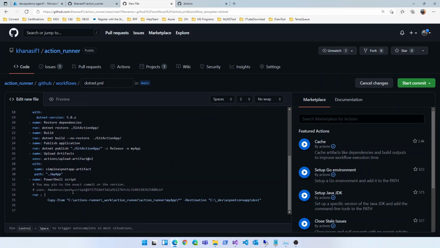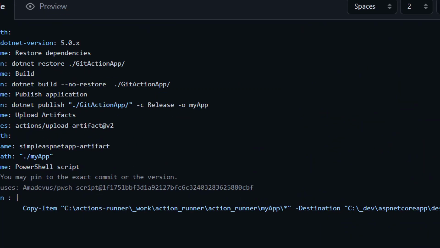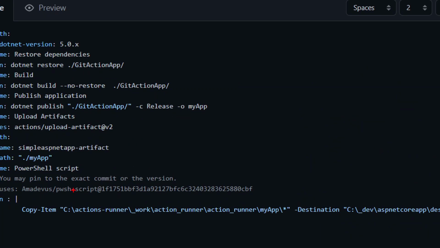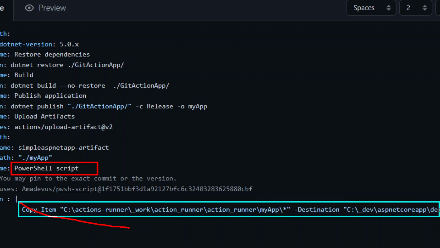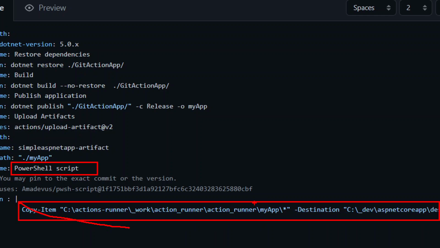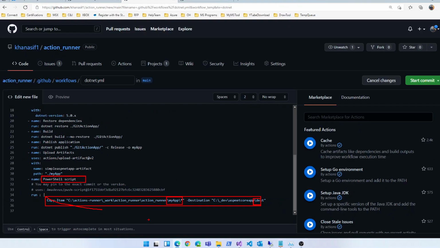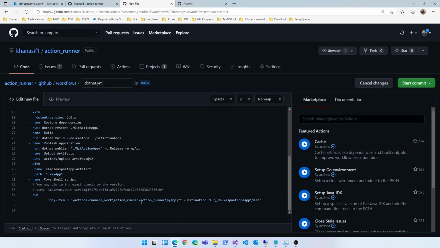The last part of this action item is running this PowerShell. Now that PowerShell is basically taking our artifacts which we have created and it is putting into the destination folder. So as you can see, we have this my app where our artifacts get created, and this is the destination folder where the copy command will take the artifacts, and our IIS application after that should be able to